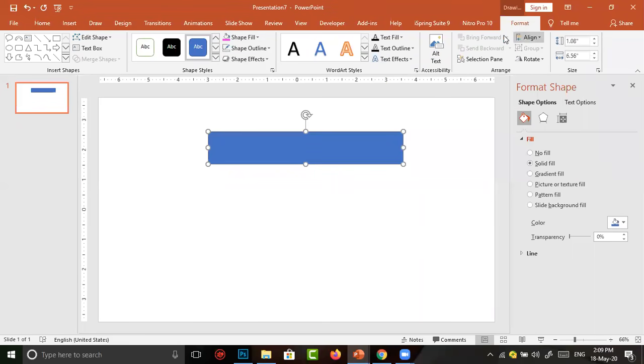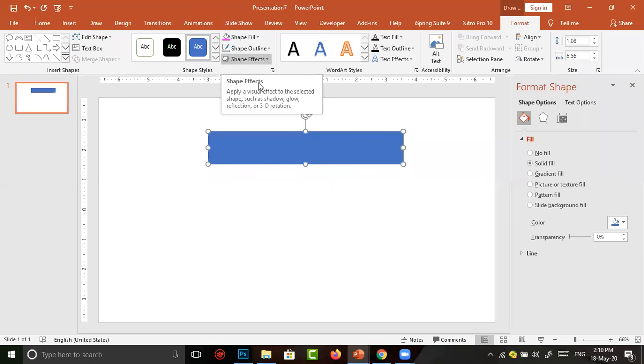Below format, these are the things we can change. Here, shape fill. It means we can change the color of the shape. Then another one is shape outline. Then the last one is shape effect. I am going to give shape effect to appear just like a button.